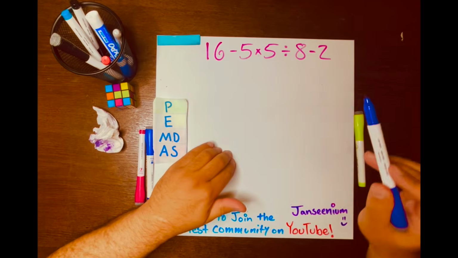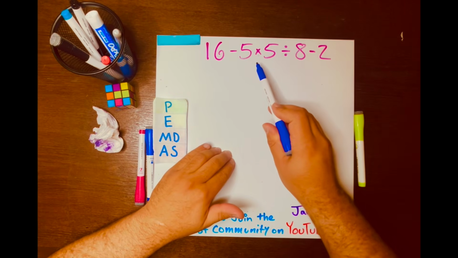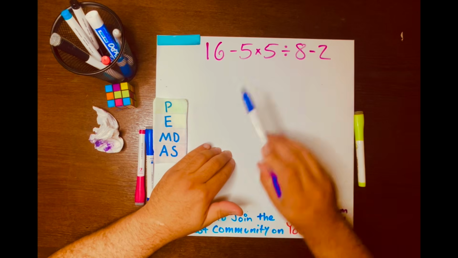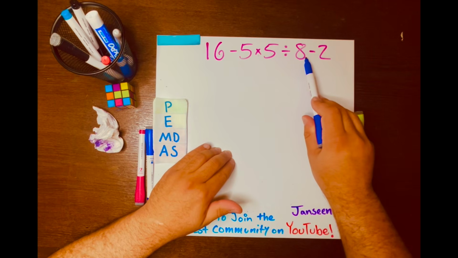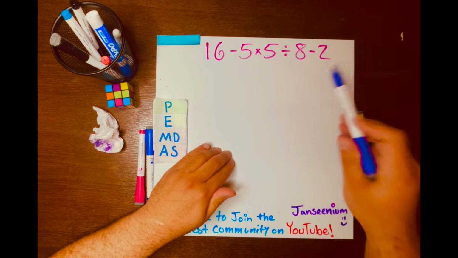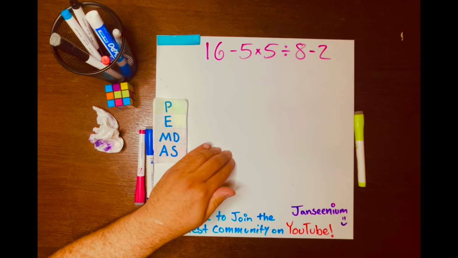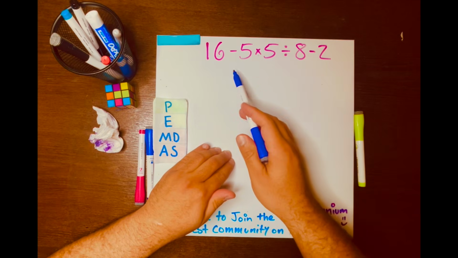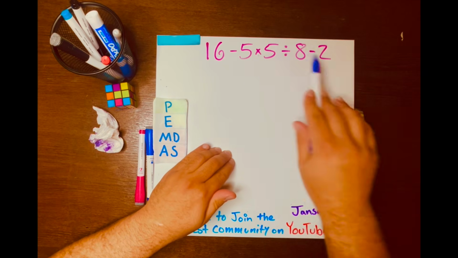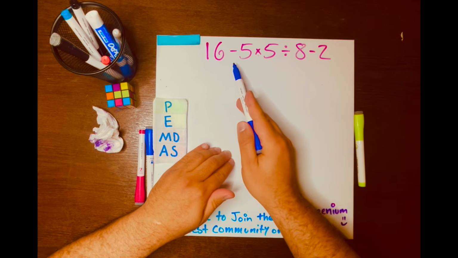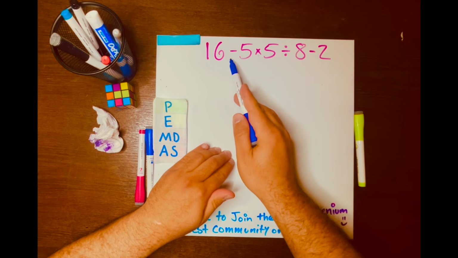Hi everyone, if you start with subtraction, you'll get the answer wrong. If you start with division, you will get the wrong answer. And if you start with 8 minus 2, you will get the wrong answer at the end. You start with multiplication because in these types of math problems with different operations, you start with the left, the first